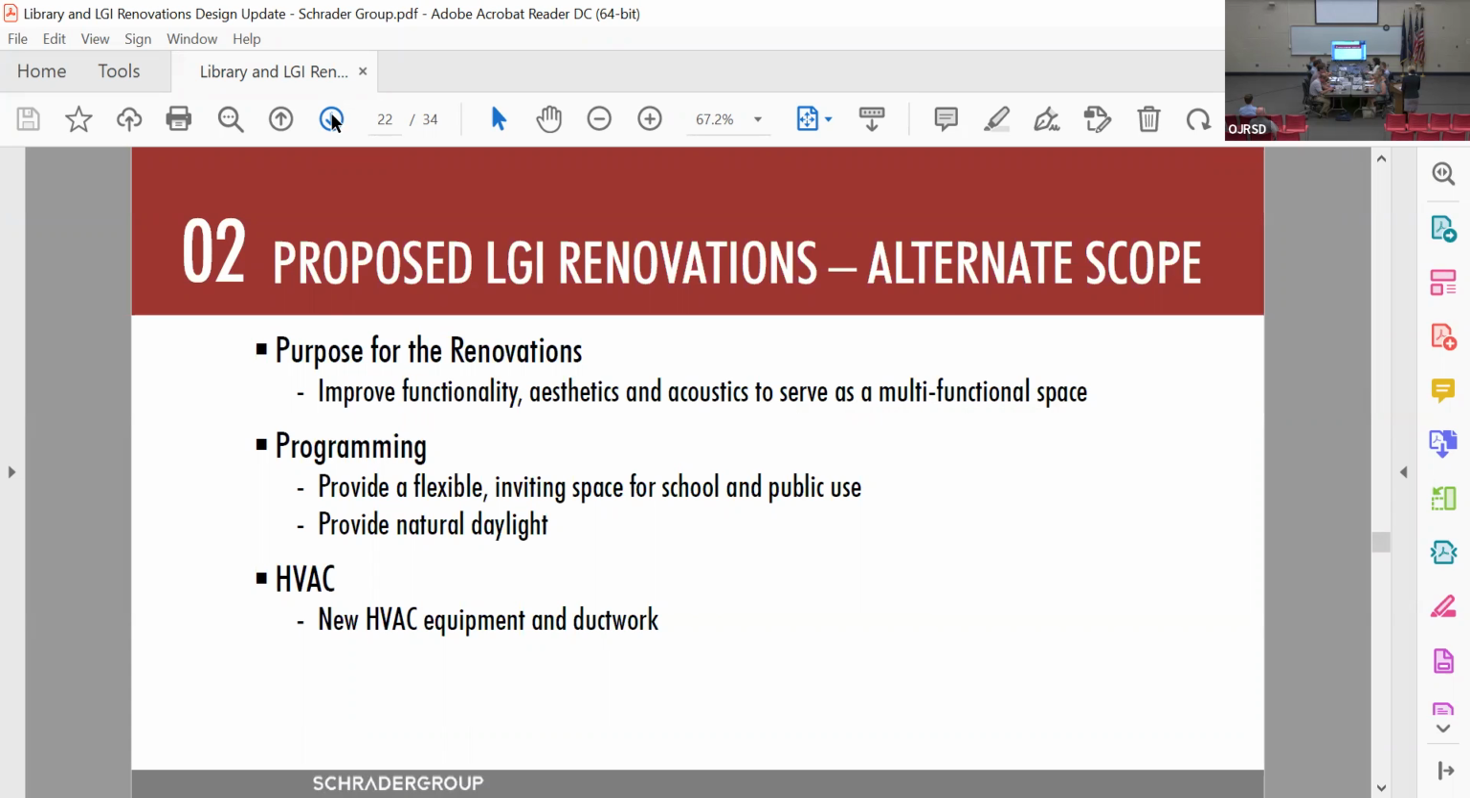Okay, one of the other things that we were asked to look at was this room. It is used for a variety of different things throughout the day, as well as your board meetings and committee meetings. So it's a very public space, and we were looking at ways that we could possibly improve the aesthetics of it, the acoustics of it, as well as the HVAC for it. So if you go to the next slide,